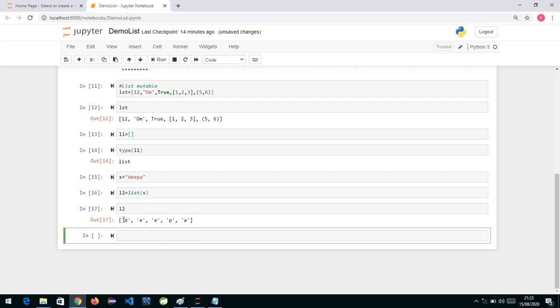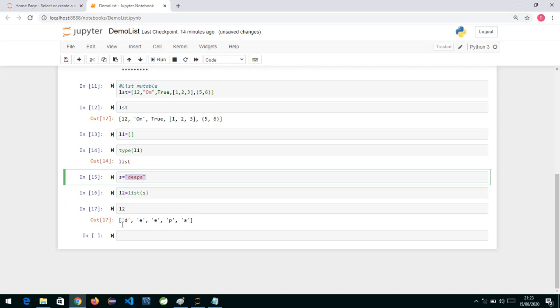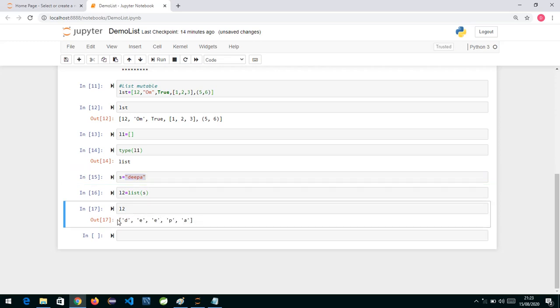You can see the characters which we had inside the string are now converted into list format and stored inside. So list can also be used as a function. One way to create a list is using square brackets, and another way is using the list function.